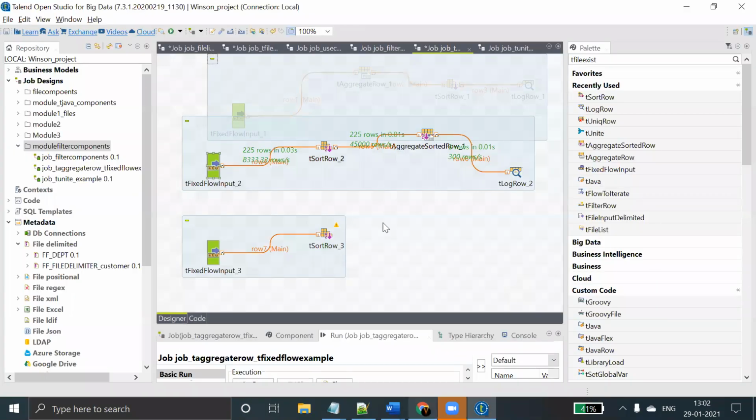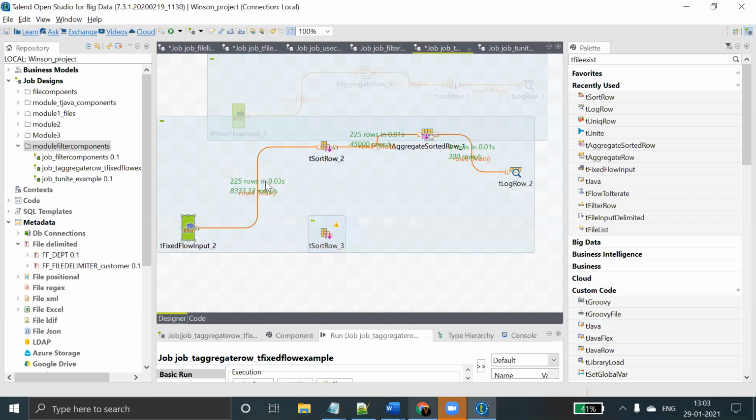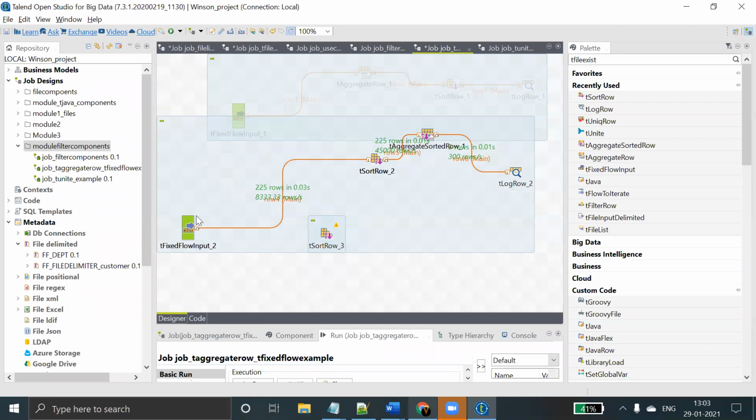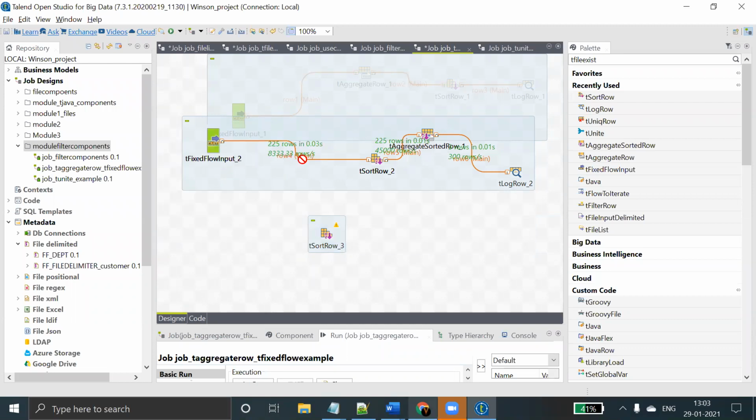So in this example, instead of this component, I'm deleting it.